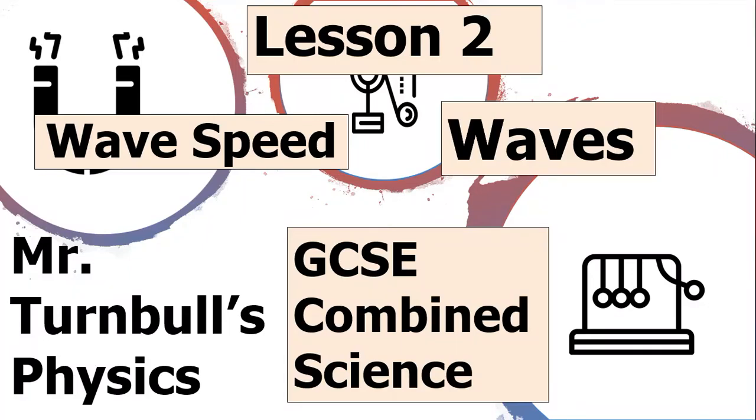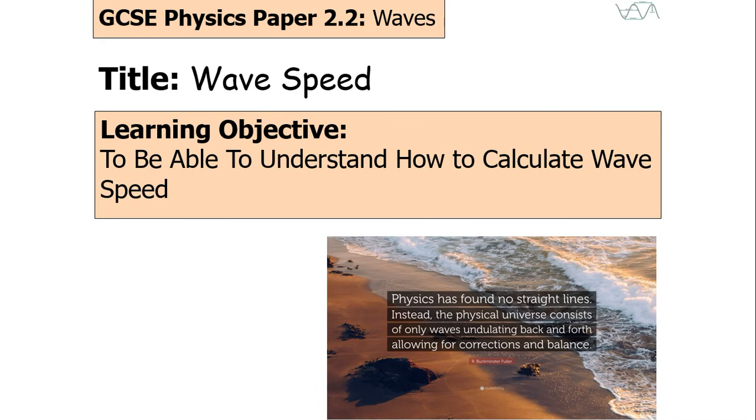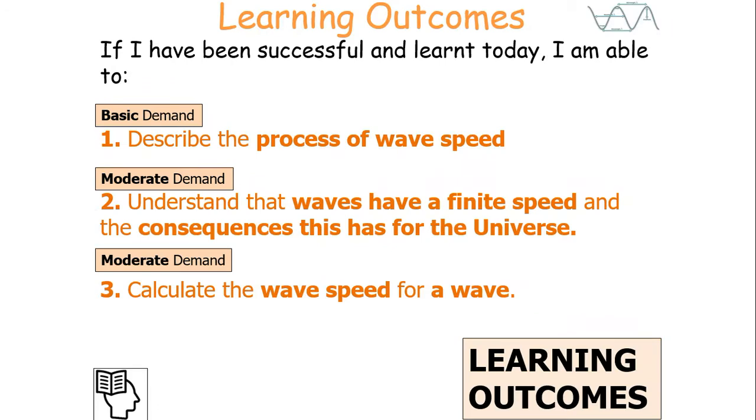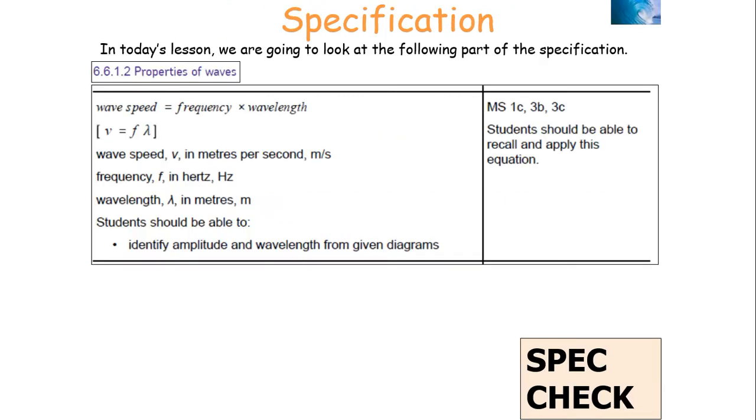Hello and welcome to today's lesson looking at calculating the wave speed of waves, which falls into the waves topic of GCSE Combined Science. So in today's lesson we're going to look and understand how to calculate wave speed for any wave. Now if we're successful in today's lesson, we can describe the process of wave speed, understand that waves have a finite speed and this is a consequence for the universe, and finally calculate the wave speed of a wave. And this falls into the following part of the AQA Combined Science Specification for Physics